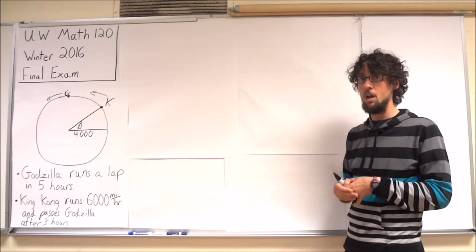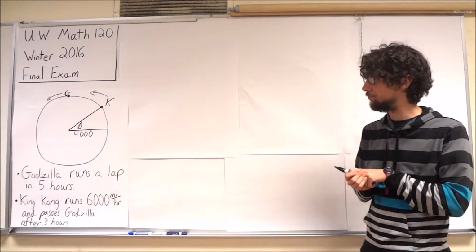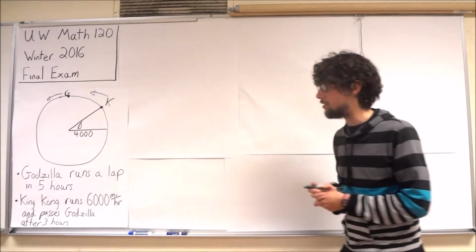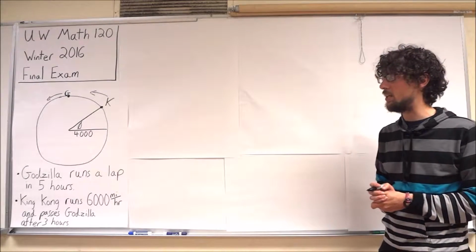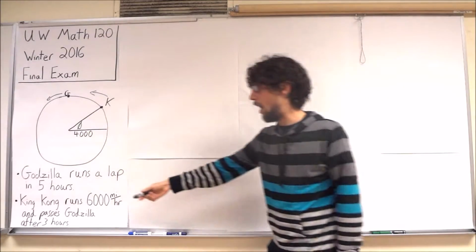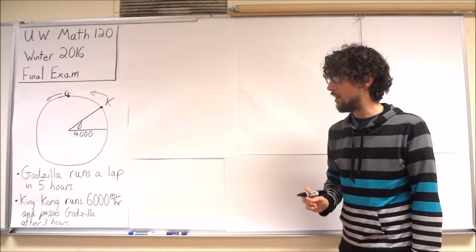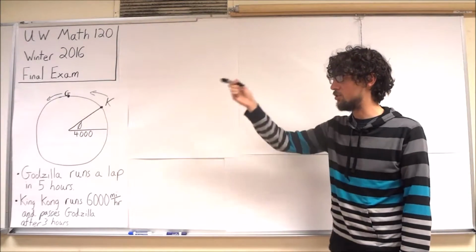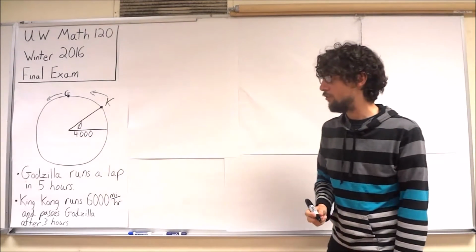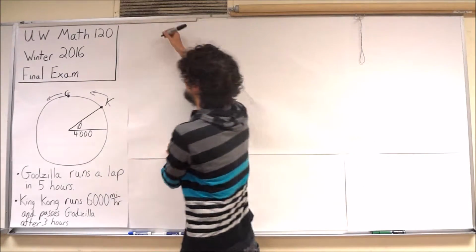So if you haven't already, go ahead and pause the video and see how you do on these questions on your own. Okay, so let's take a look at part A. Part A just asks us Godzilla's speed in miles per hour. So we know that in 5 hours, Godzilla completes an entire lap. We also know that an entire lap is an entire circumference, the circumference being based on this radius of 4,000 miles. So what we have is that in 5 hours,